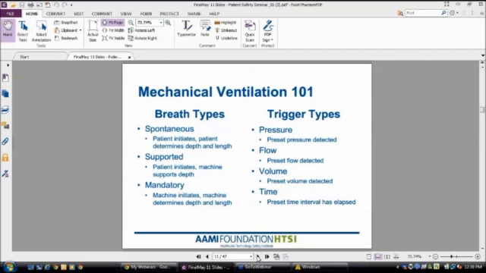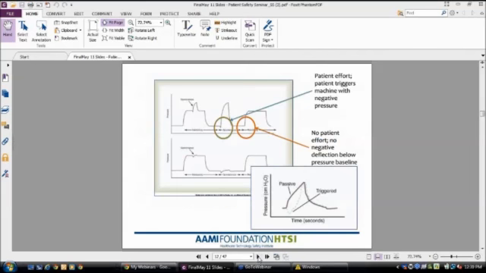delivered. If the patient initiates the breath, the machine recognizes it as a deviation in pressure, volume, or flow, and depending on how you have the ventilator set up is how that will work. So looking at a couple of graphics on the next slide, we can see where the patient actually initiated an effort. So if we look at the blue arrow pointing to the olive green circle, you can see that between